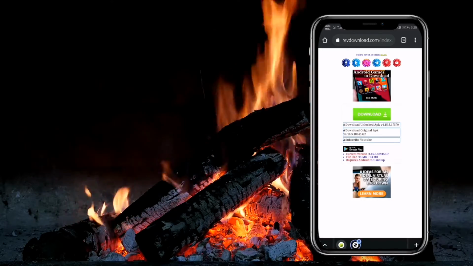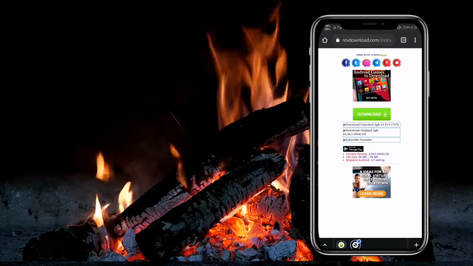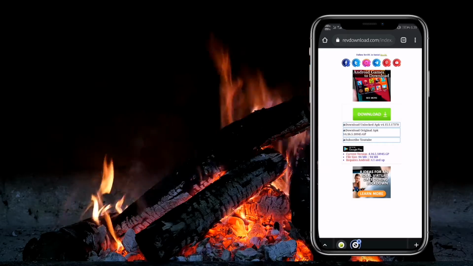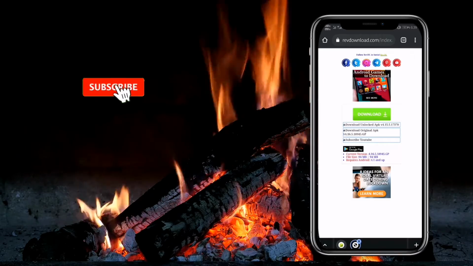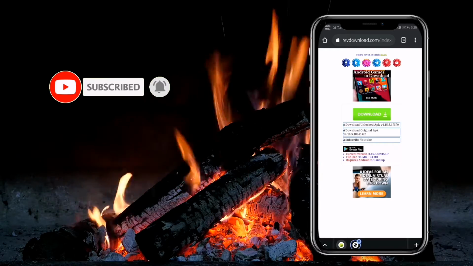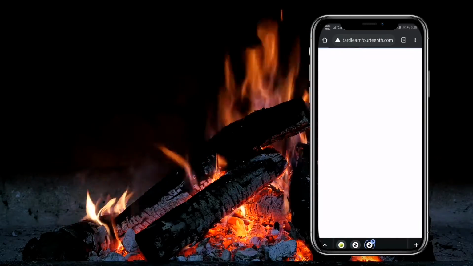And second one, download original APK. If you want original APK, in original APK watermark is included, so better to my suggestion, you want unlock APK, then click on download APK,